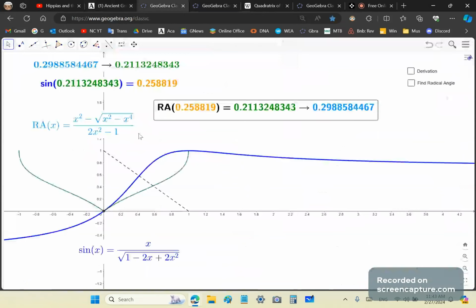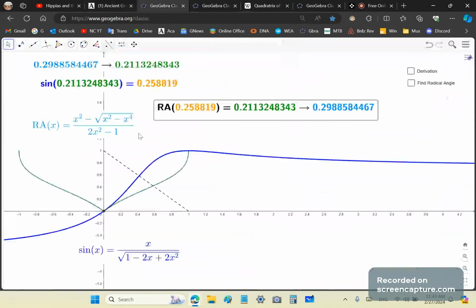So now here you've got, and by the way, RA is exactly the same as arc sine. I called it RA because of radical angle units. So then you put the ratio parameter back in here again in this formula, and it gives you the parameter, which is the angle parameter. And then to get back to this, instead of dividing by square root 2, you multiply by square root 2, and you've got the radical angle unit, which we found using